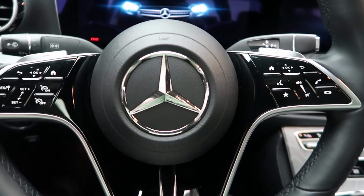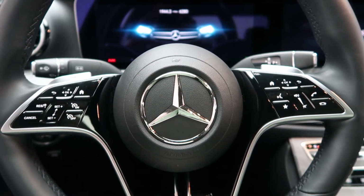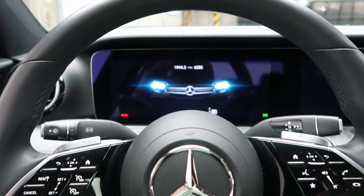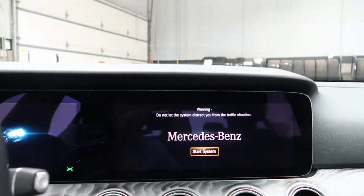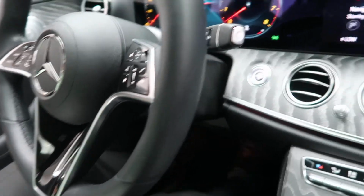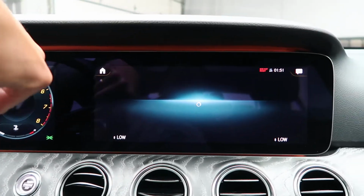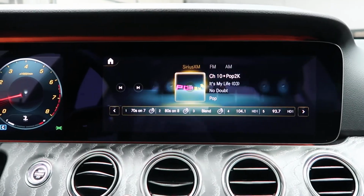Hopping in, we've got our steering wheel controls. Also included is smartphone integration with Android Auto and Apple CarPlay. We've got a 12.3-inch digital instrument cluster, 12.3-inch media display, push start ignition, touchscreen media display, rear view backup camera, navigation,